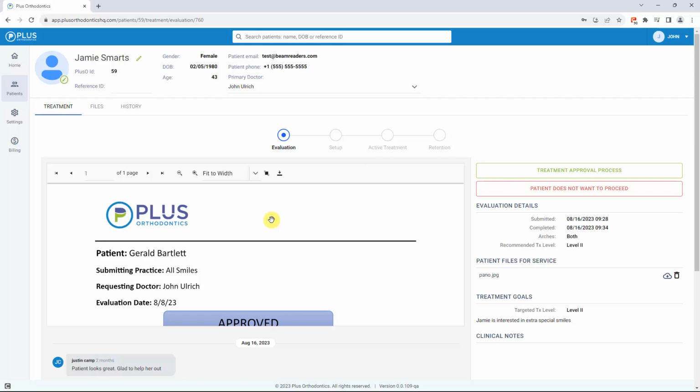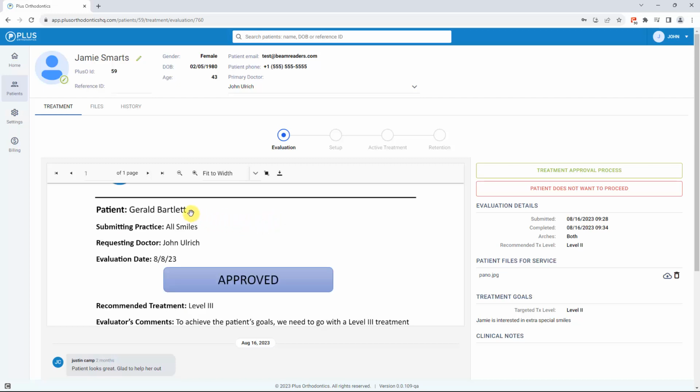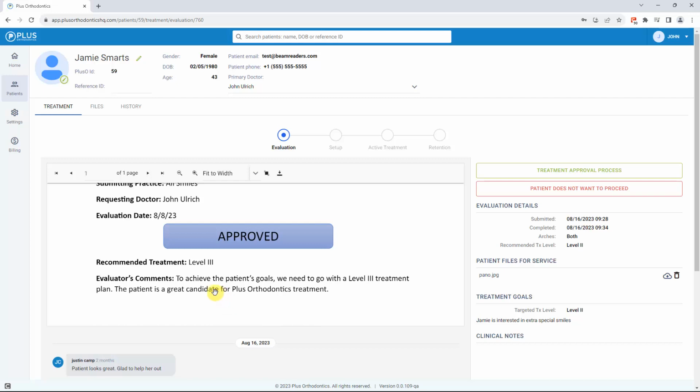You can scroll through the evaluation. It will give the patient's information, practice location, and treating doctor's name or their general dentist's name. It will have the evaluation date, and if the case has either been approved or declined for treatment with Plus Orthodontics. This evaluation will also contain the recommended treatment level, either treatment level 1, 2, or 3, and any comments